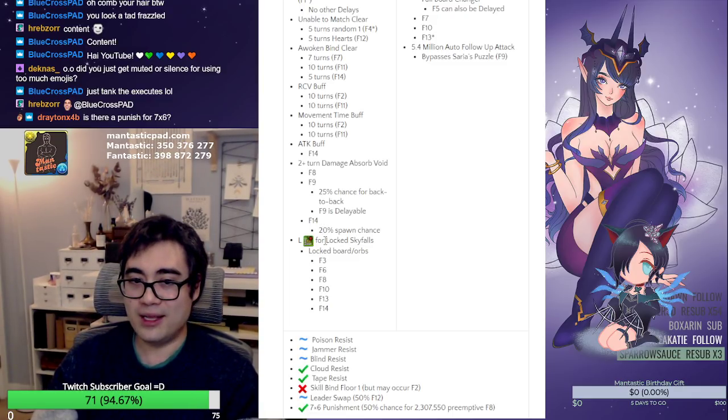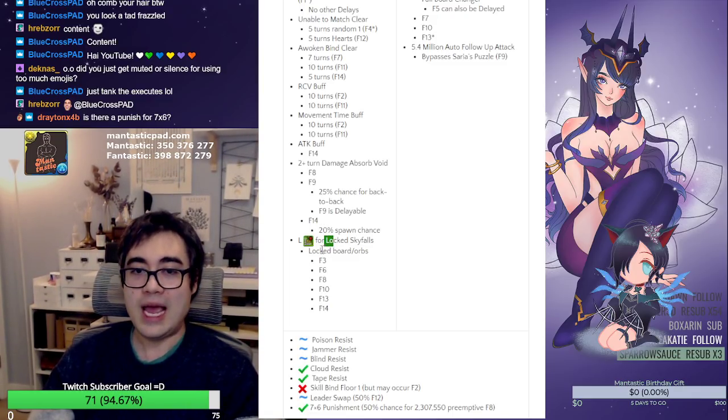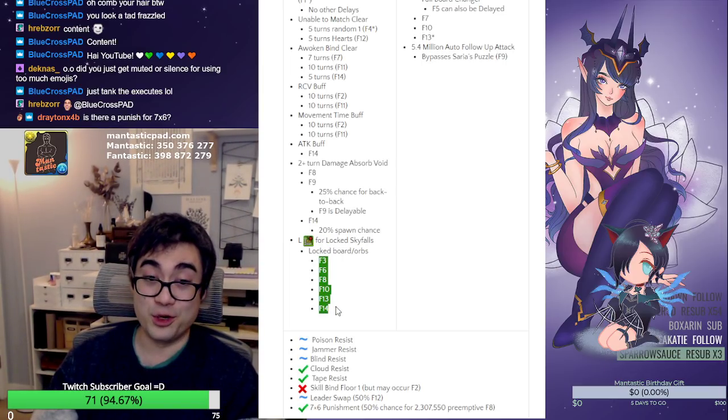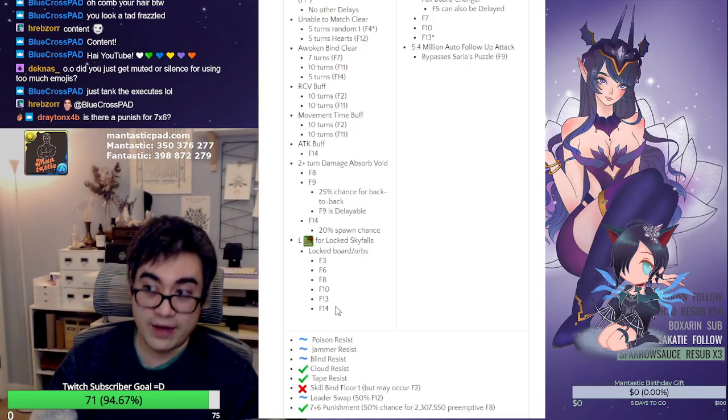And you also want to bring Ls, because with locked Skyfalls, your life is going to be terrible. And then there are multiple instances of boards or orbs being locked. Just be mindful of that. So either make sure the L is ready to unlock it, or you have someone who could have an on-demand